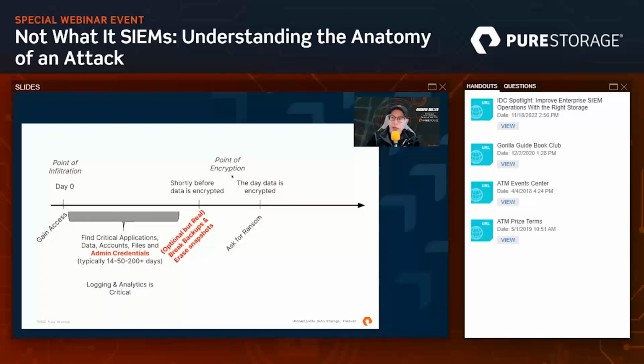But the idea of breakout time is from when the attacker starts the encryption phase of the attack to when you're able to stop that. You'll figure that out pretty quickly because your phone's ringing, applications are down or offline, that kind of thing. But the sooner you can stop that, those minutes or maybe hour average breakout time can be 30, 60, 120 minutes. Those are insanely precious minutes because they're trying to encrypt en masse across a large part of